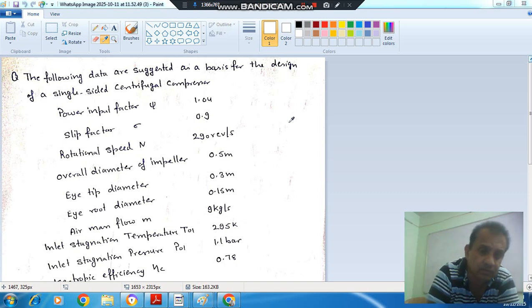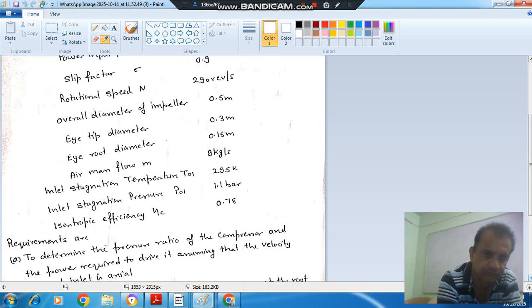Hello, welcome again. We are covering the topic centrifugal compressor for civil services mains, IFS and GATE aerospace exam, and we have started one question based on what we have covered, that is work done, stagnation temperature rise, impeller depth and angles at the inlet of impeller eye. Now we'll solve the C part of that question.